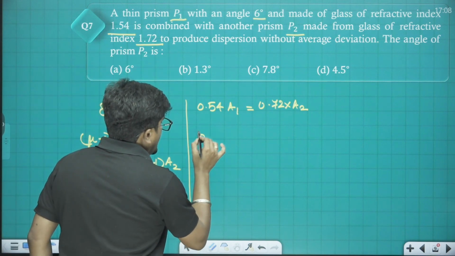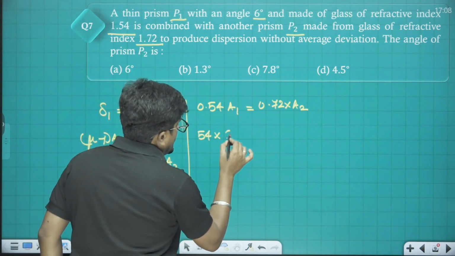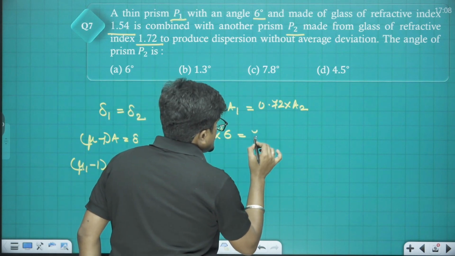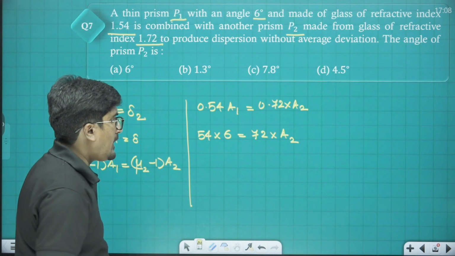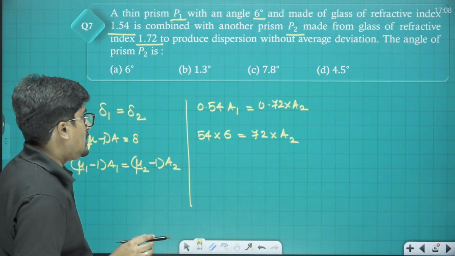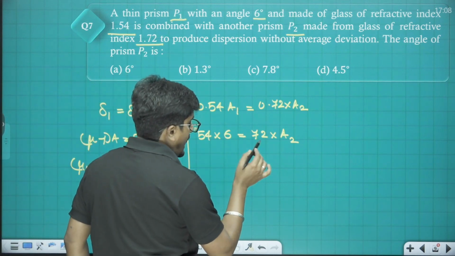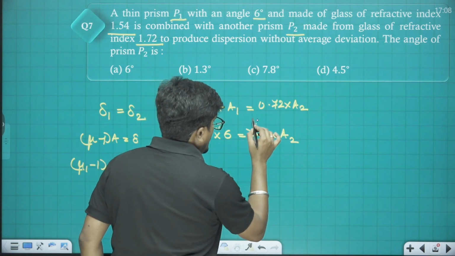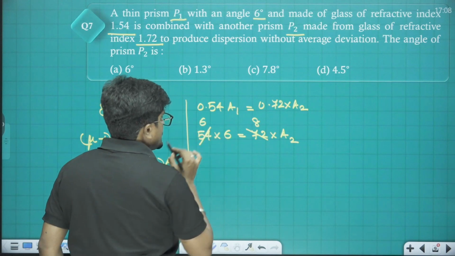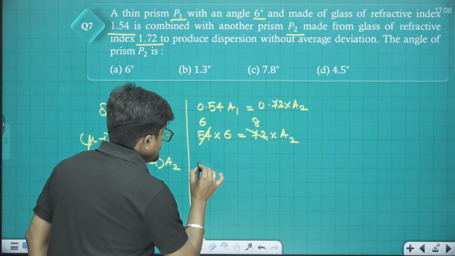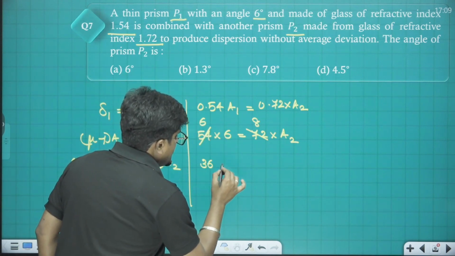So here I may write 54 into 6 equals 72 into A2. All right, let me cancel both the terms with 9. So here this is going to be 8, and here this is going to be 6. So here this is 36 equals